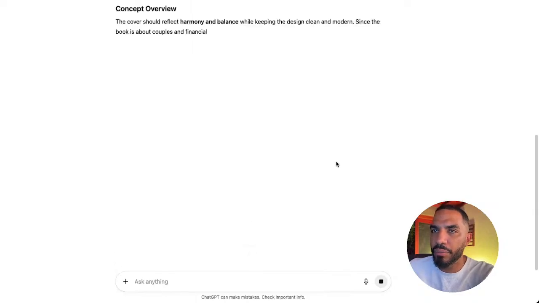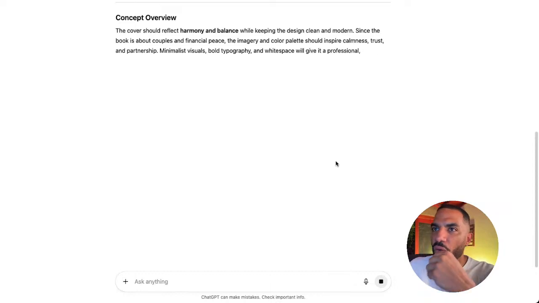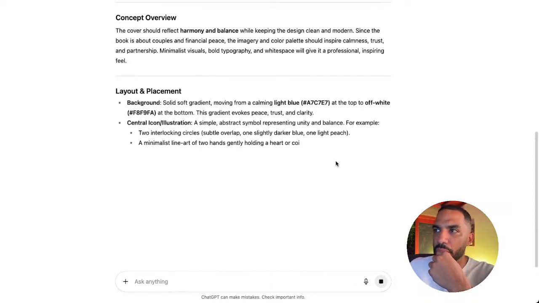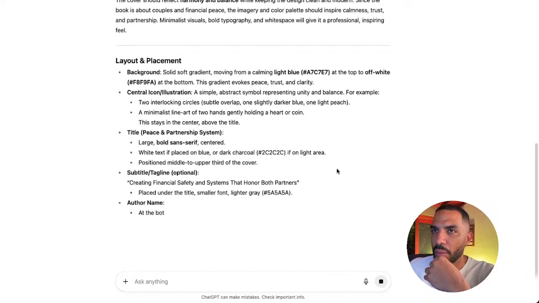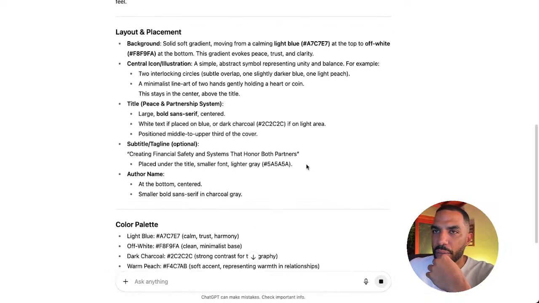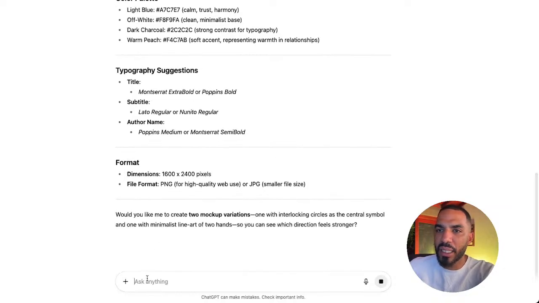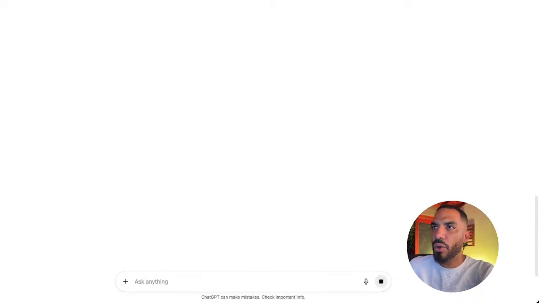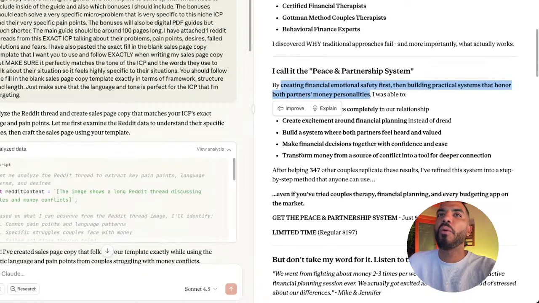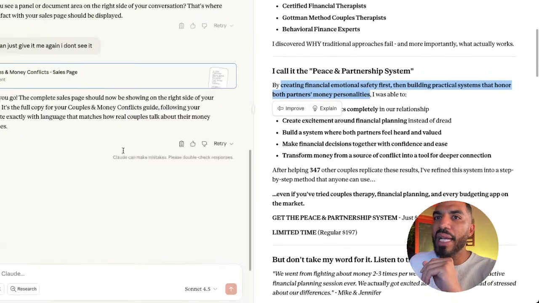All right. Now it's gonna go ahead and give me the overview. So if everything is good, I see everything is good. I say yes. Create me one mockup, right? So cool. So what we're gonna do next is while that creates, because ChatGPT takes a little bit of time to actually create this cover, we're actually gonna go back to Claude, right? And we want to actually start building out